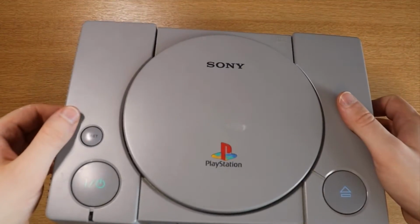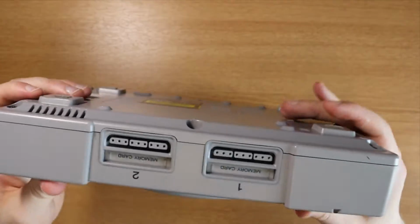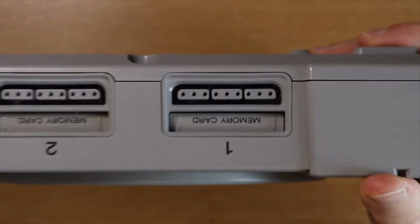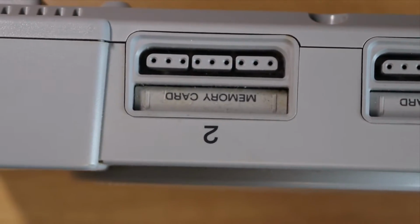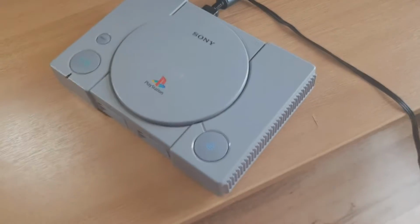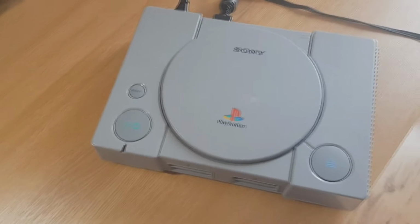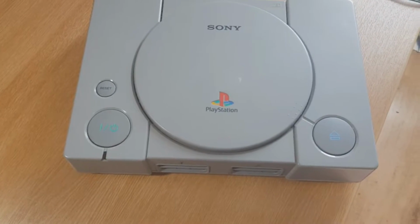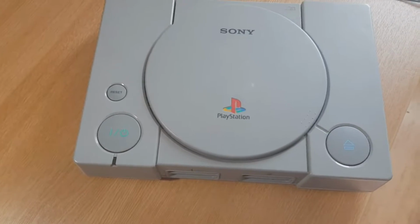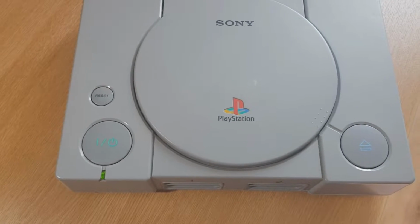First things first, we're going to plug this bad boy in and see what happens with it. And again, you can just see some more of that dirt if we zoom in, the memory card slots especially. See all that dirt. Okay, so I've now taken you to a whole new world like Aladdin. We're going to see, number one, if this thing turns on. I think that's the most important thing, right? Does it actually turn on? Here we go. It turns on. However,